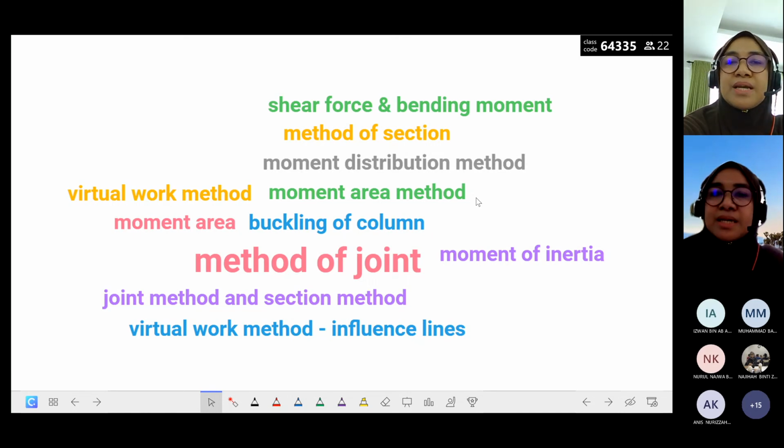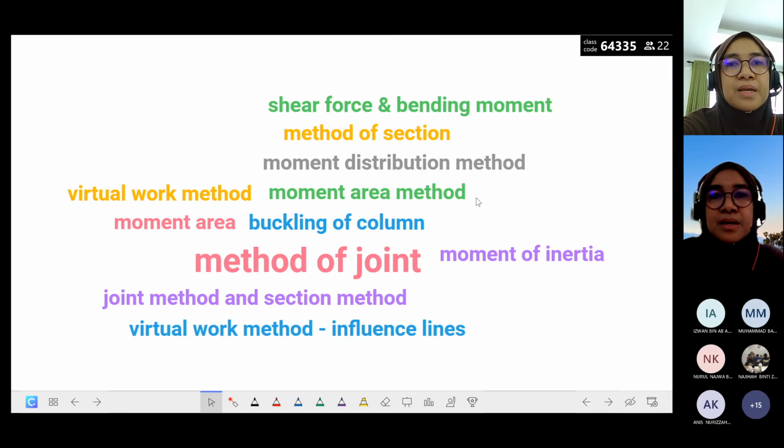Moment distribution method, as I mentioned just now, is one of the chapters in this course. Maybe those of you who come from diploma intake have learned this in diploma. Moment area method is one of the methods to calculate deflection, and in this course we will not